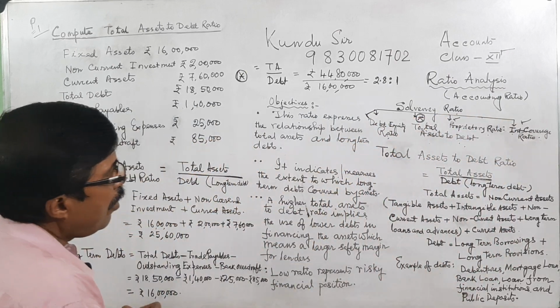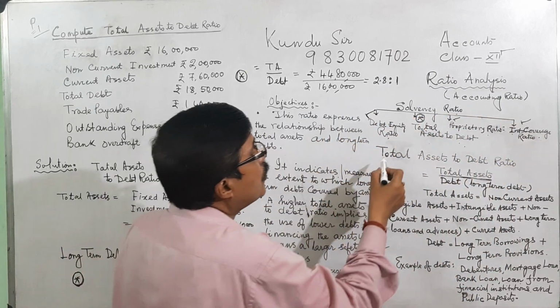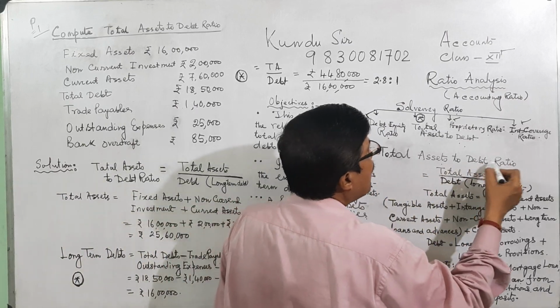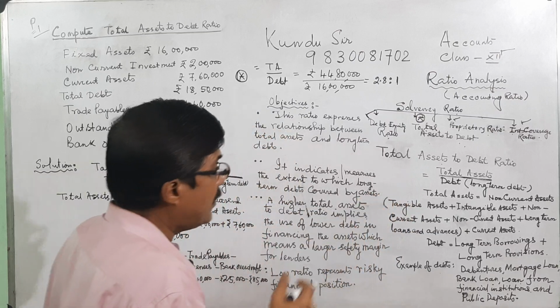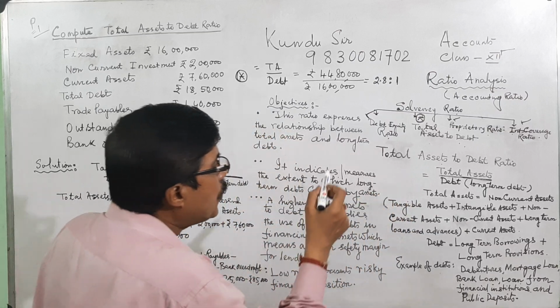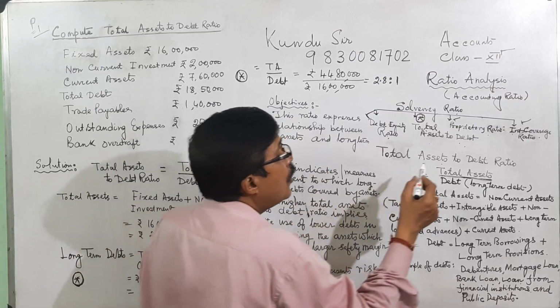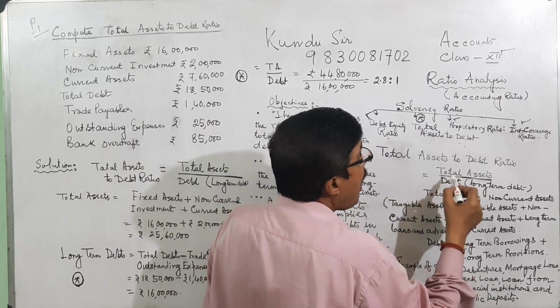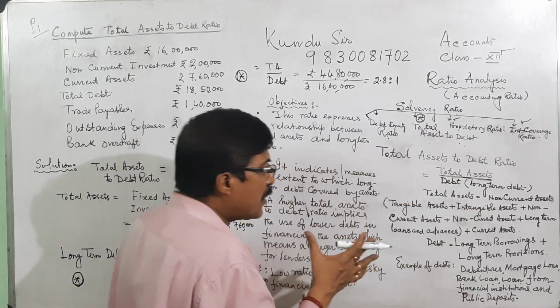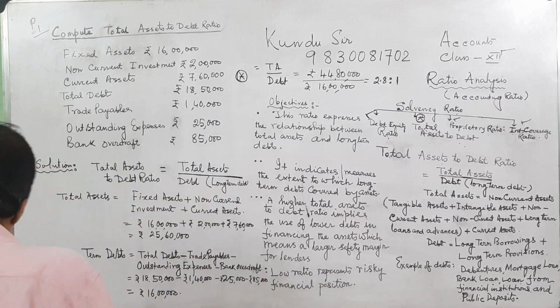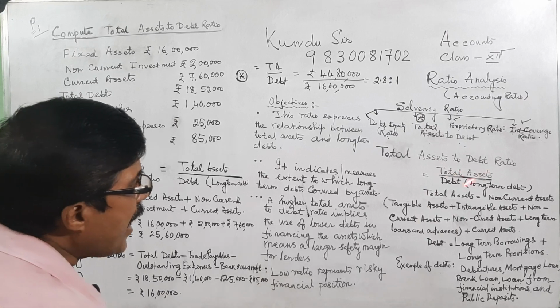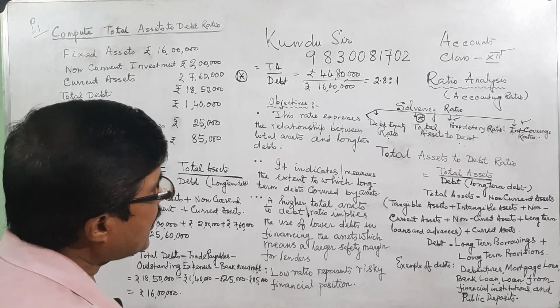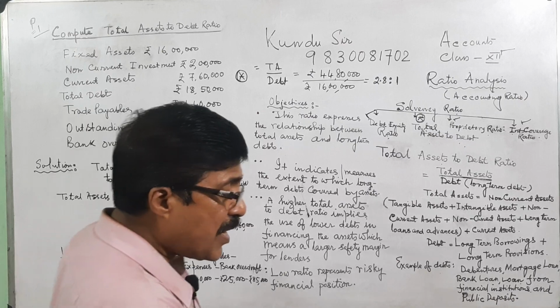Now, I am going to discuss the total asset to debt ratio, because the debt equity ratio I have already done. Total asset to debt ratio equals total asset upon debt. What is debt? For this purpose, only long term debt is to be considered. Then what is total asset? Now, total asset equals